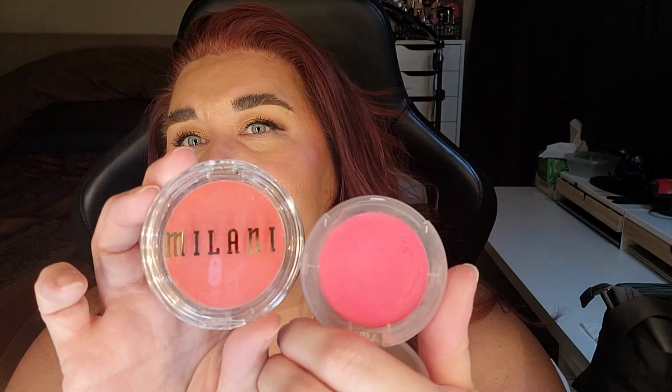And I was tempted to part with this because I don't even know where my other blushes are, honestly. I have a couple of, oh, they're way over there. I have a couple of blushes from the drugstore. I know stuff's going to go all over the place, but I have this one from Milani, and then I have this one from Florence, and this one's more pink, and this one's more peach, so they're not quite the same, but I always thought they were so similar. I think I'm going to just bring in the Florence one for now,